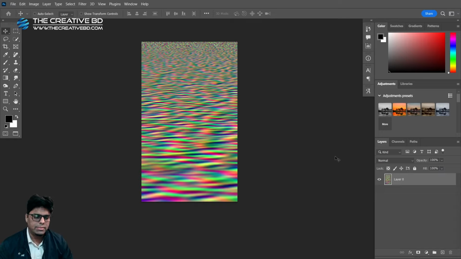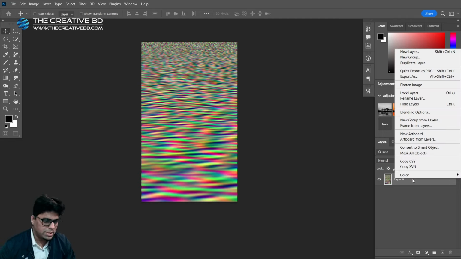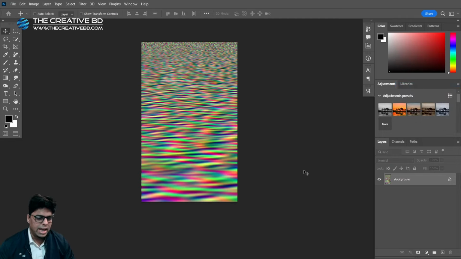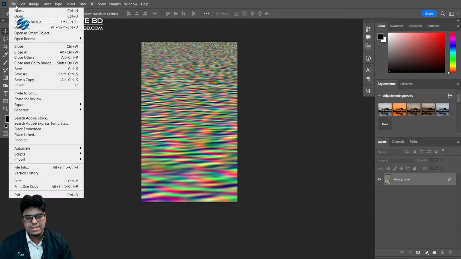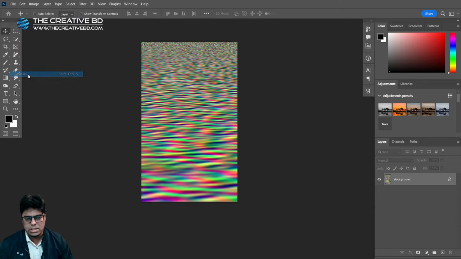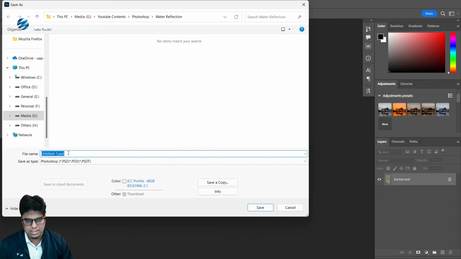Then you have to flatten the image, basically this layer. So just right click on this layer and then select flatten image. And now it's done. So this is how you create the water ripple effect. Then go to file and save this water ripple effect as PSD anywhere you like. For example, here I'm naming it effects